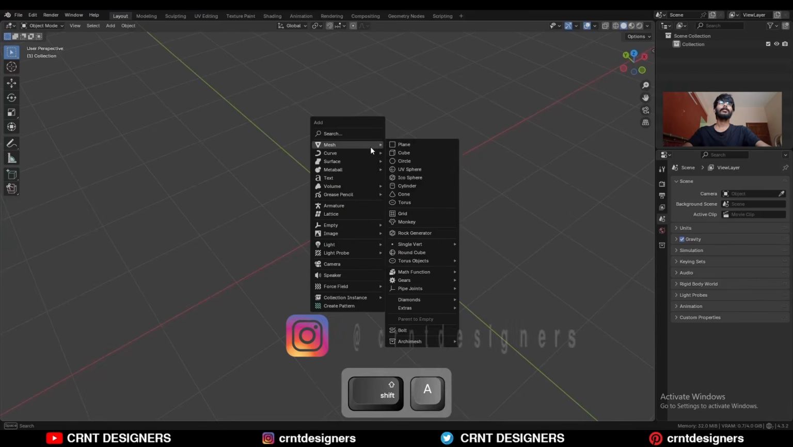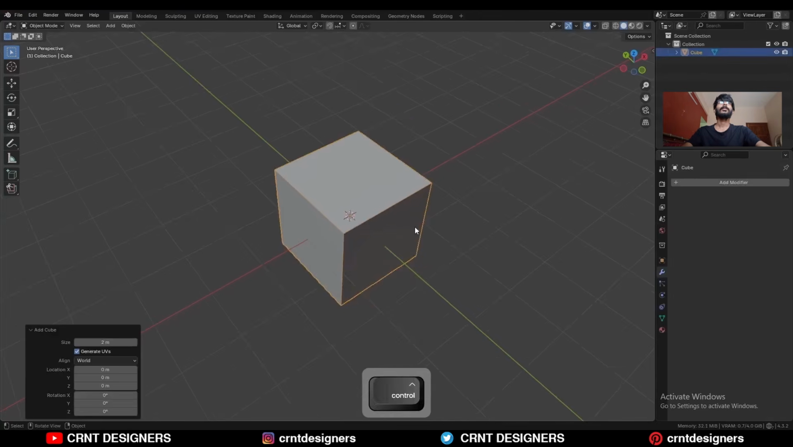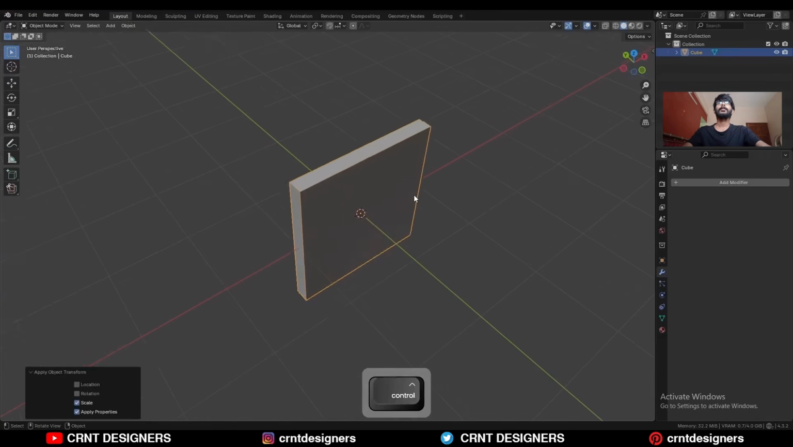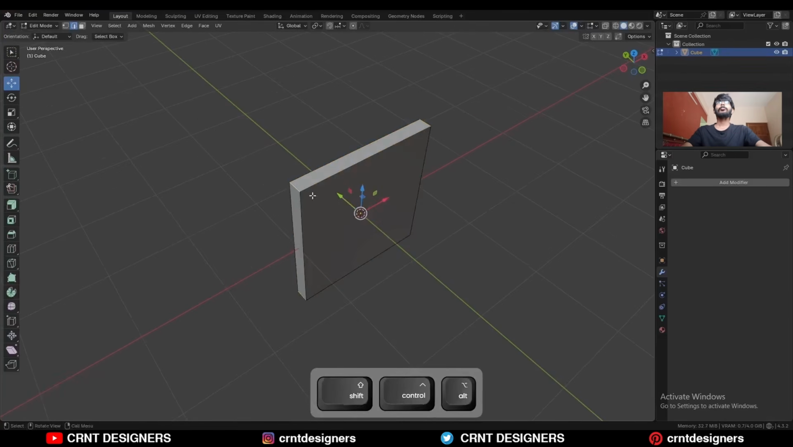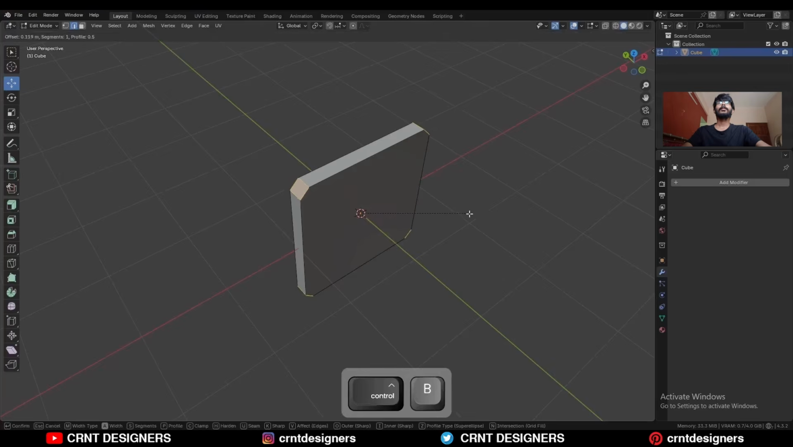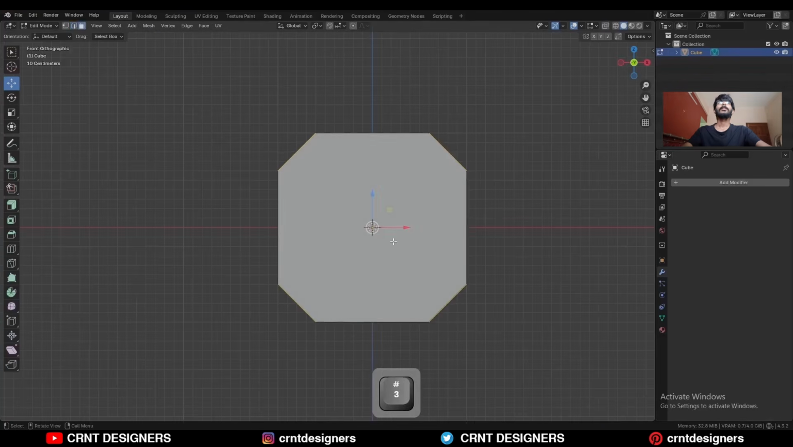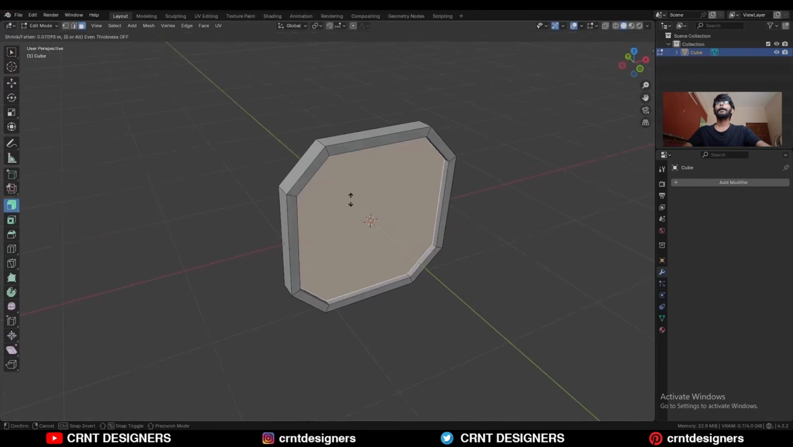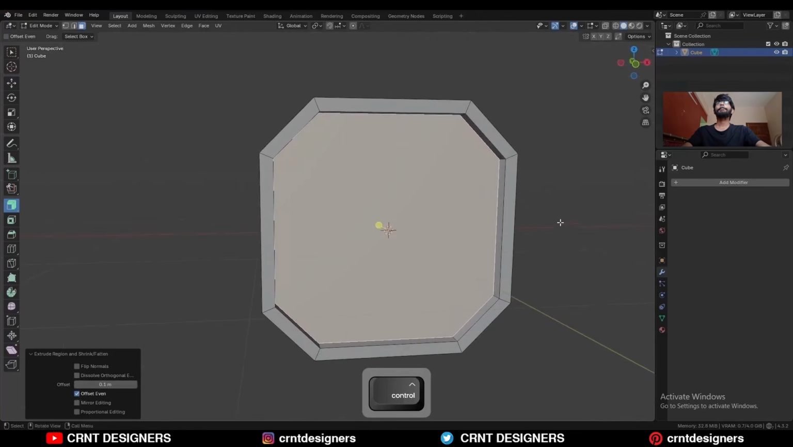To create this design, you need to add a cube. Then scale this cube along the y-axis. Apply this scale, go to the edit mode, select these corner edges and Ctrl B add bevel on them. Select this top face, use the insert operation, then extrude along the normal and use the insert operation one more